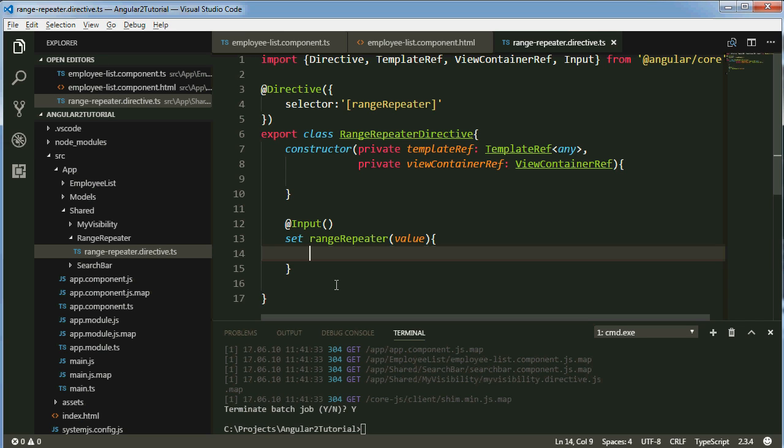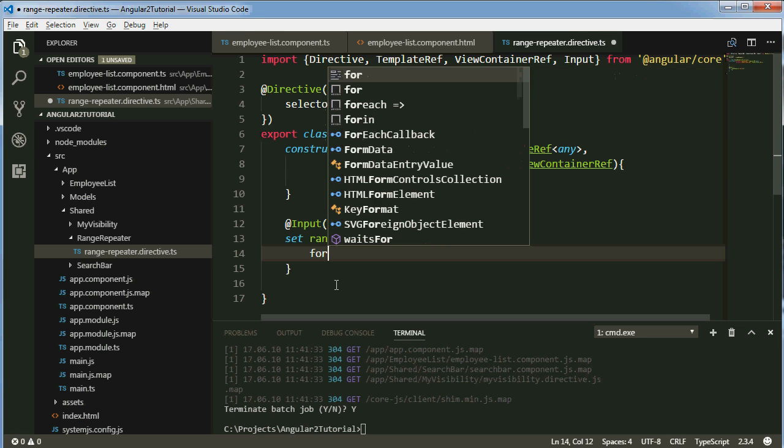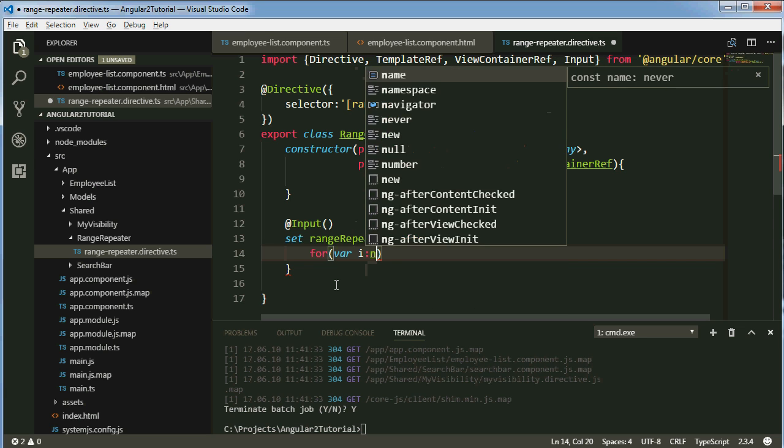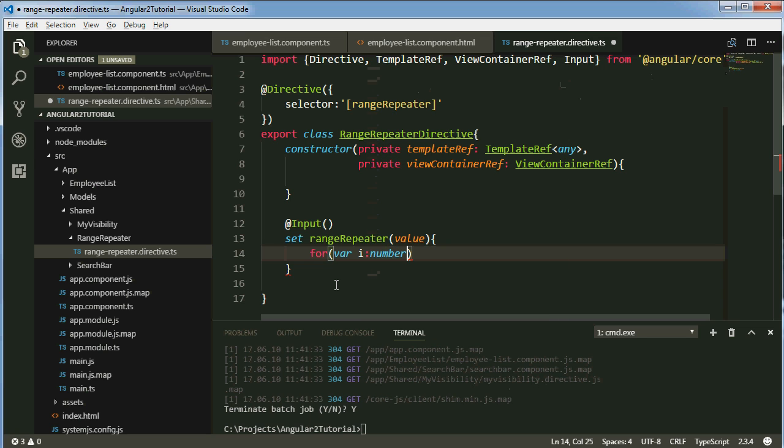Here I will add elements in our DOM based on the provided values. So I will write a for loop here first. For let i number equals to the value with 0 index value, which is from, and then less than equals to value 1 index, which is to, i plus plus, and then inside the loop I will create elements to add